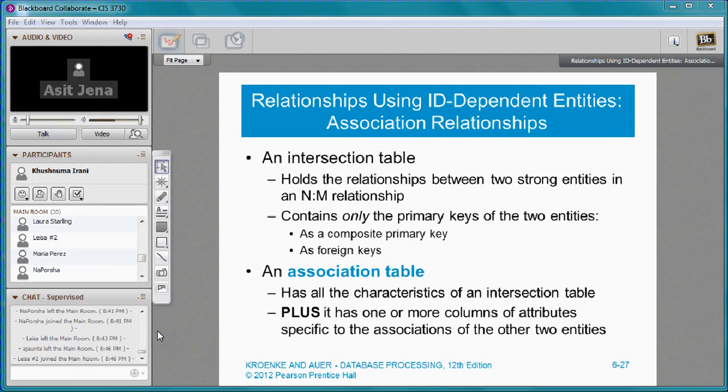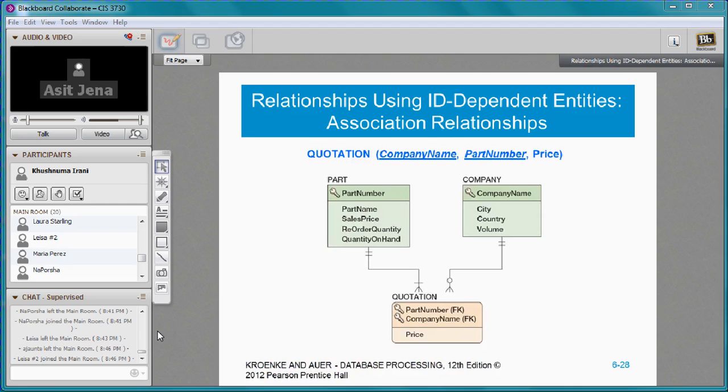Entities, and I think again this is a lot of mumbo jumbo in this book. Really not that important. As you said, if you really see scenarios, I think as the examples go by, it will be a lot more clear. But basically, the ID dependent entities basically means that